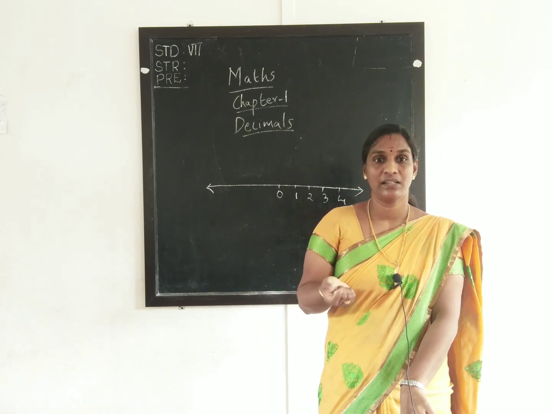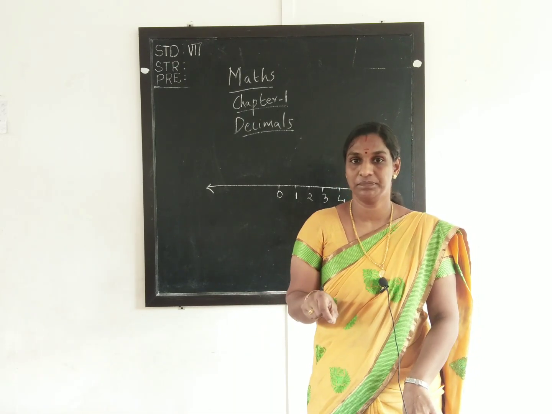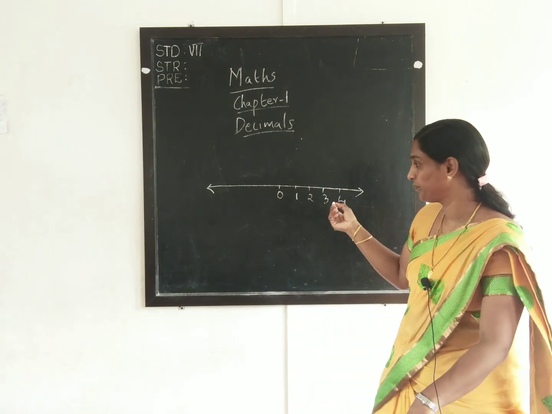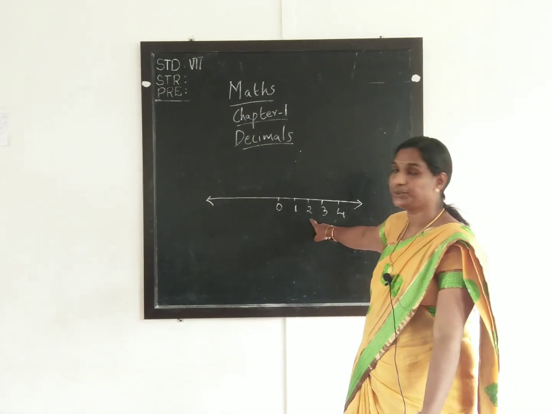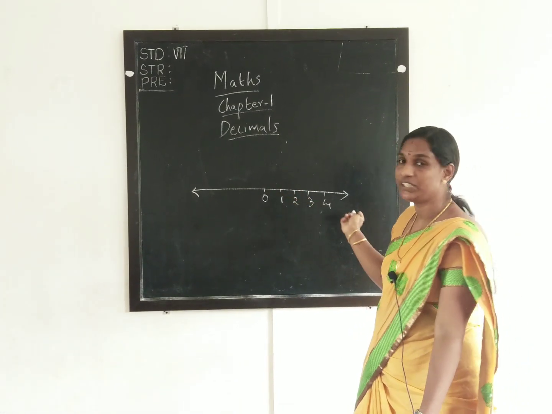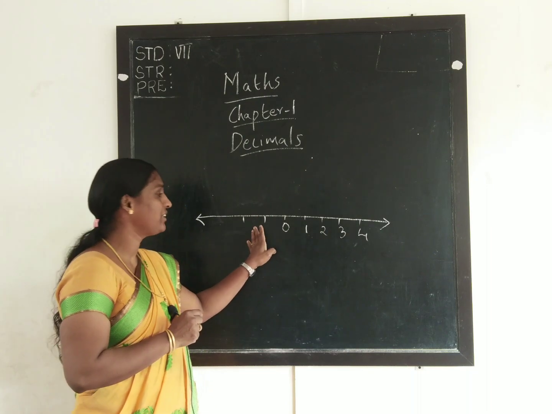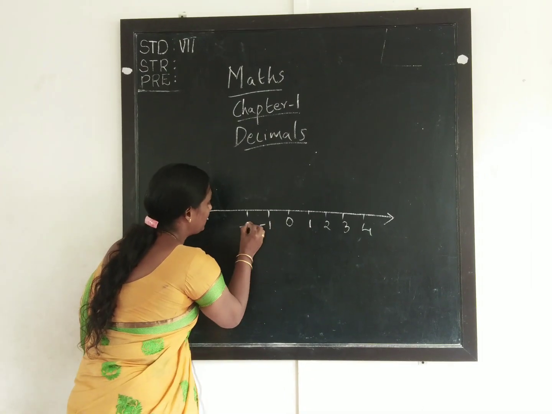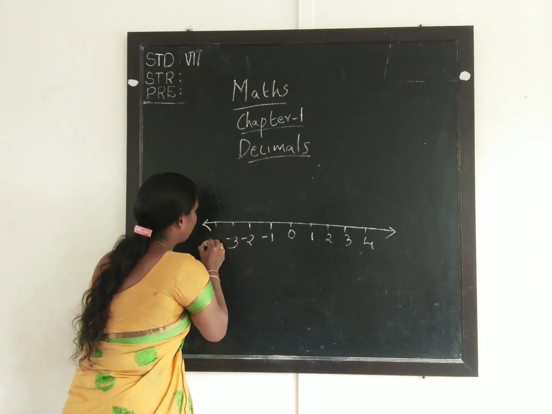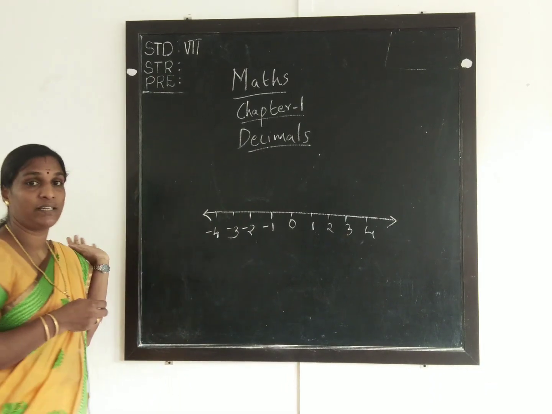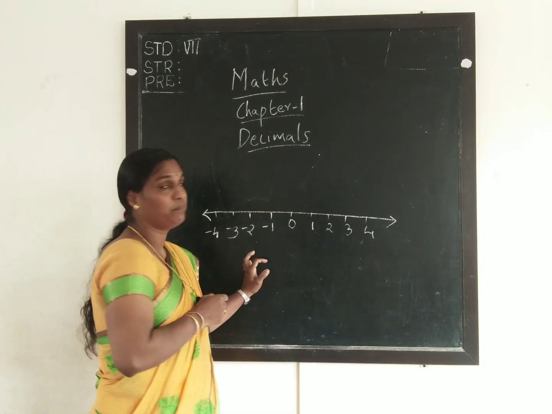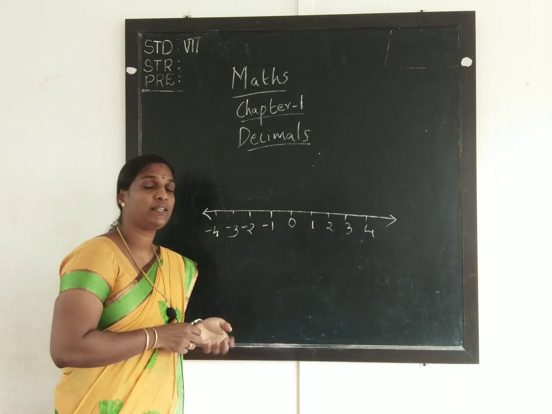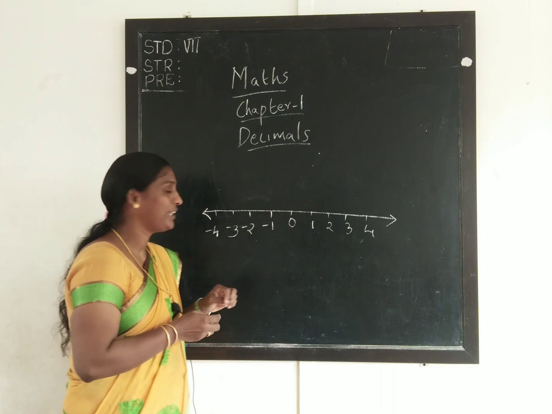So you have seen two sets of numbers. Along with these numbers is another set of numbers called integers. When we represent them on a number line, we can see 0, 1, 2, 3 and 4 on the right side of the number line. Similarly, on the left side of the number line, there is another set of numbers like negative 1, negative 2, negative 3, negative 4, etc., and it extends infinitely. This set of numbers, which contains positive numbers, 0 and the negative numbers, together are called integers. I will explain once more.